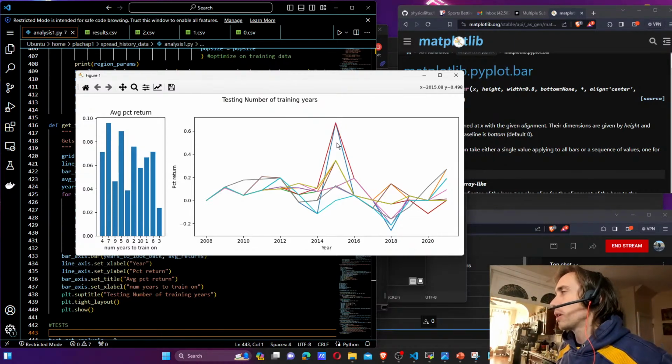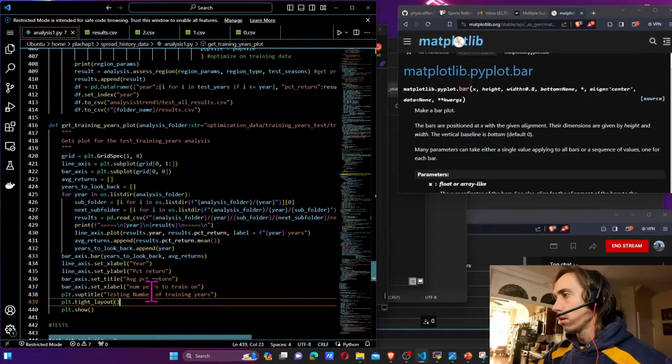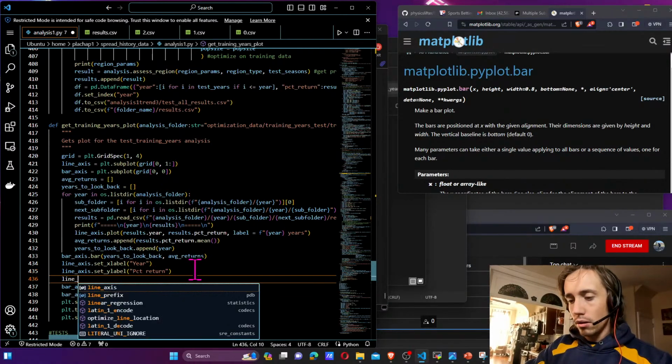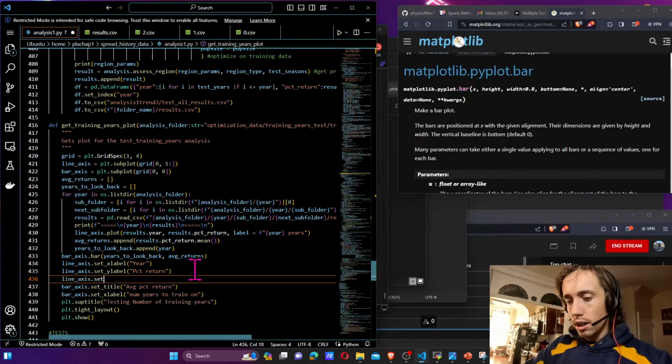I mean, we could just make that title, put testing number of training years as the title for the second plot. I guess the second plot title could just be performance. Line axis dot set title performance over time. And then